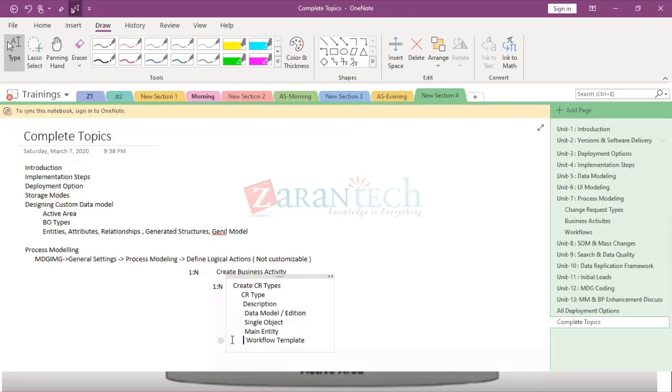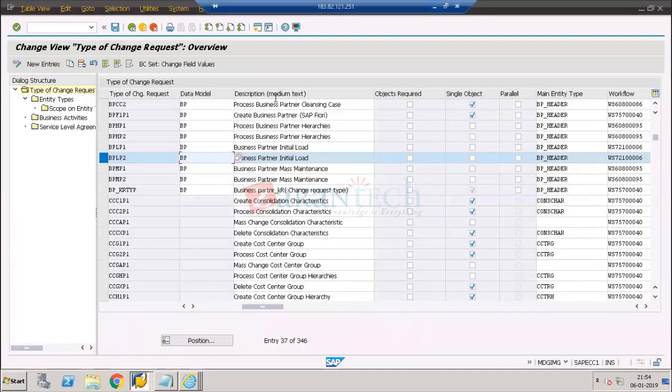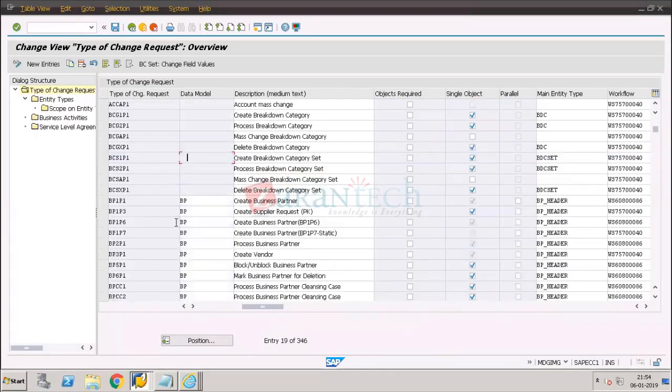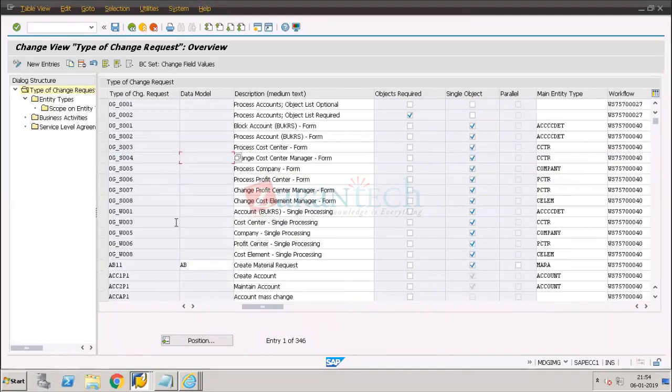Main entity is the one which links your workflow to your data model. Or sorry, the data model is one, and main entity is just what is the main role of main entity? It links the CR type with the main entity. So example, if you are taking a finance, so I'll take finance as a best example for the same. So finance example, if you just create